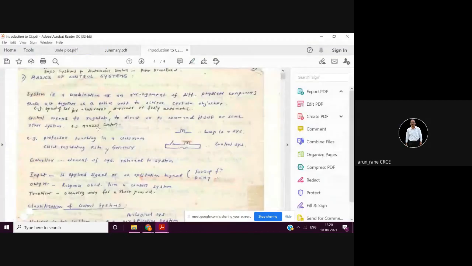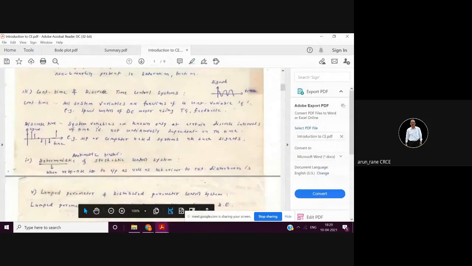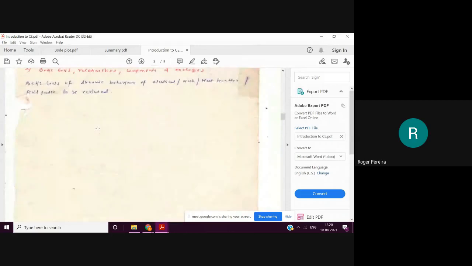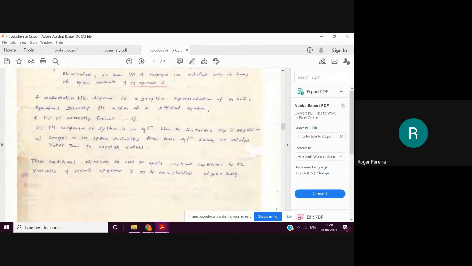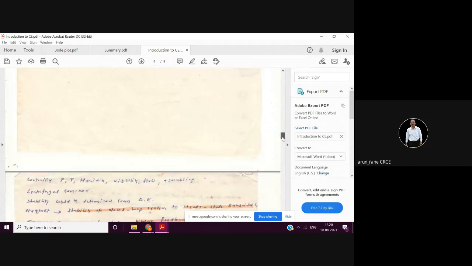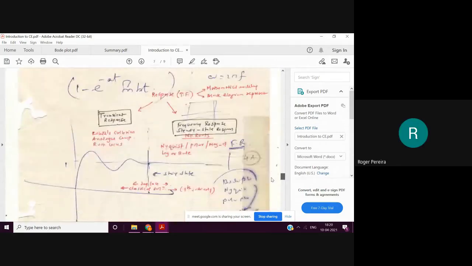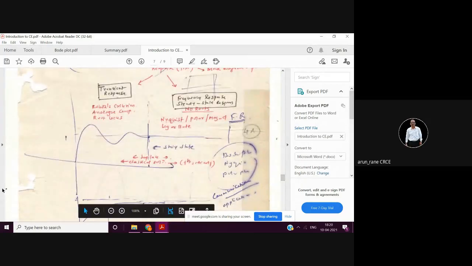I just wanted to refresh all the techniques we learned, that I told you in the beginning. Let me see whether it is here or in some other place. Any system goes through the transient response for a certain time, and then it achieves steady state. So one is called the transient response, which is very important. Another is called the steady state response.